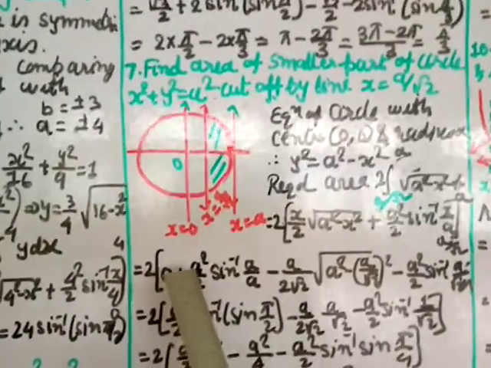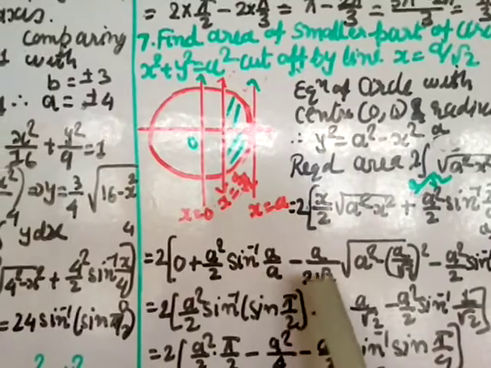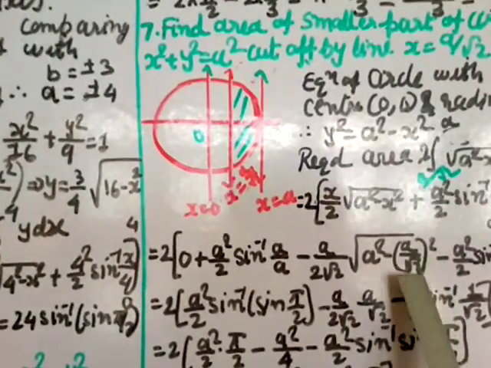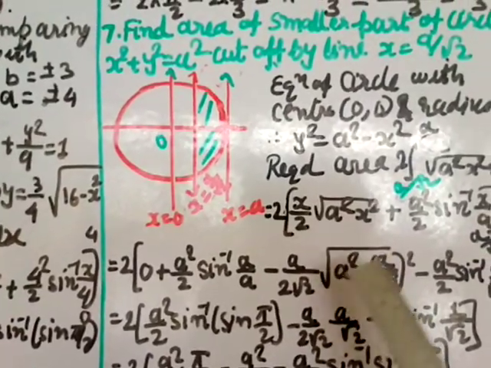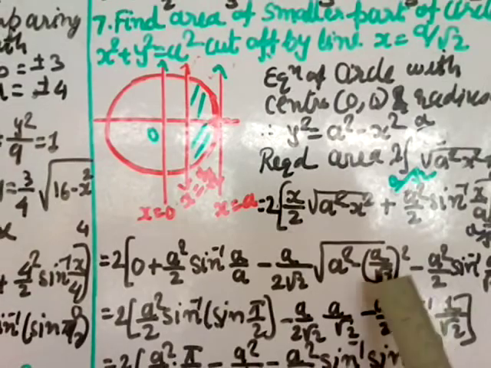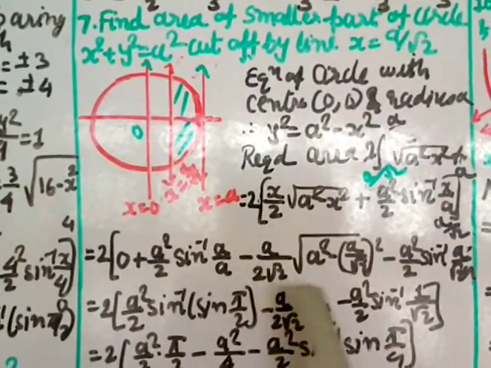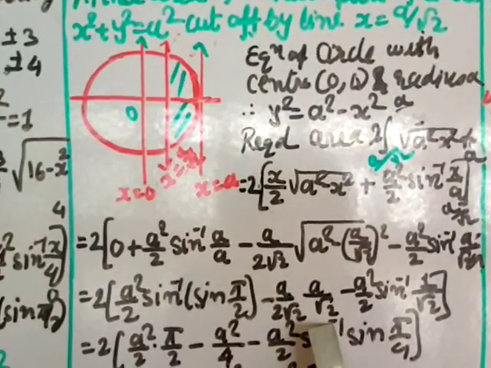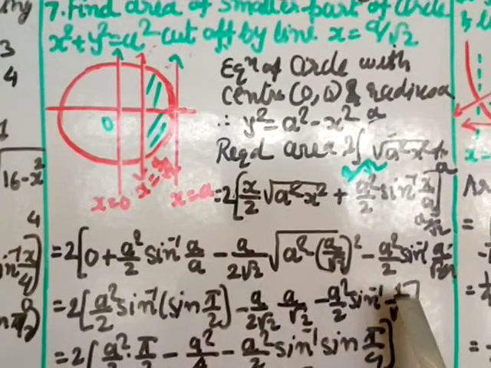Now here I have written sin pi by 2, this is as it is, minus here as it is. I have taken the LCM: a square by 2 minus a gives you a square by 2. If you take it out of the square root, it will give you a by root 2. So this is as it is, and this simplification is a by root 2. Minus a square by 2, and here a occurs, so again it gives you 1 by root 2, sin inverse 1 by root 2.